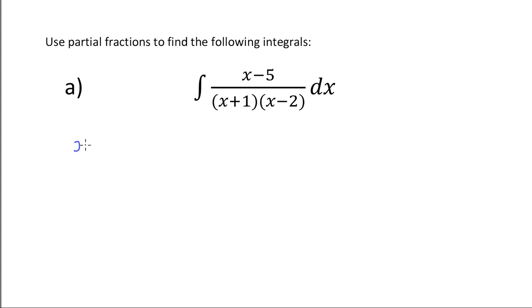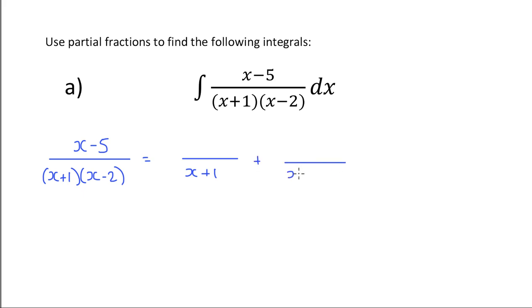So a bit of a recap on partial fractions. What we do for these is we say that we know that this has come from adding two fractions together whose denominators were originally something over x plus 1 and something over x take 2. If we add these two fractions together, we would need to make a common denominator and then add the numerators, and they're telling us that that would give us x take 5 in this case. So we don't know what's going to be on the top at the moment,